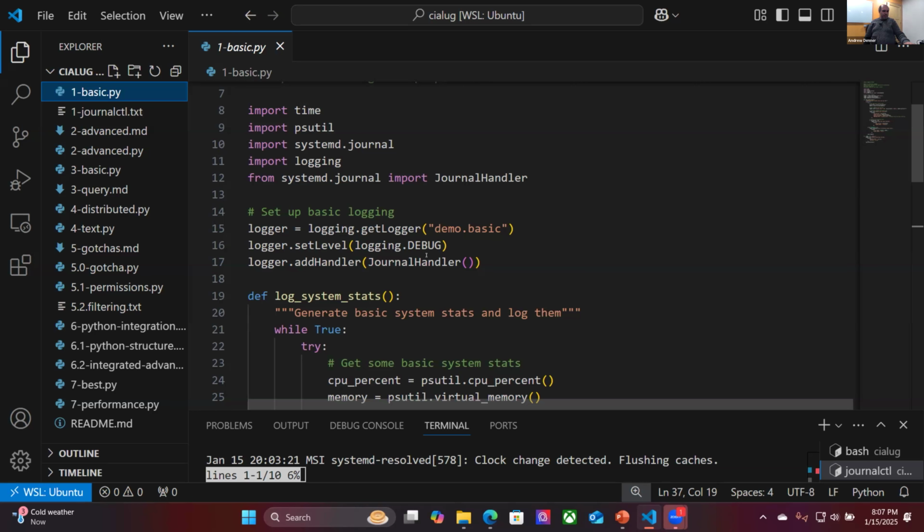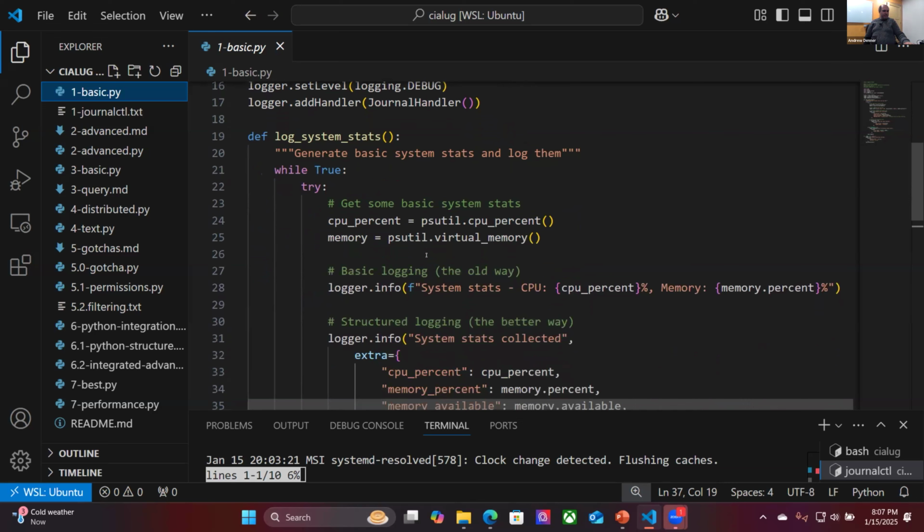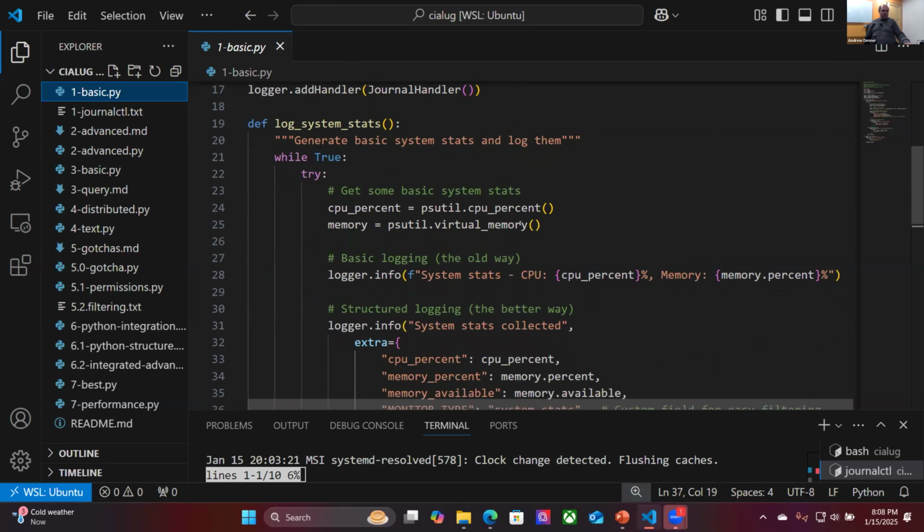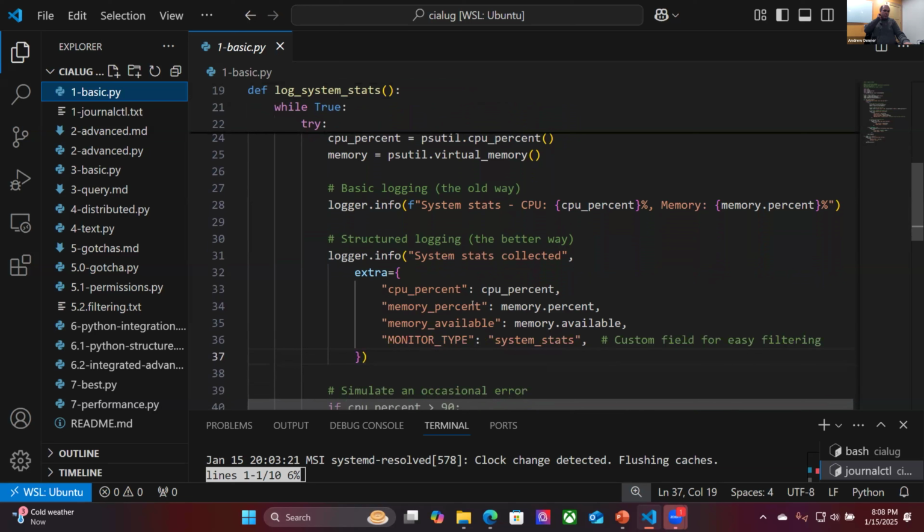But the big thing here is we've got this log system stats, and it will be looking at how much CPU and memory we're using, and it will just basically dump it into the log. And then there's the old way of doing it, where you just have a text and you're dumping it out. Honestly, that is the way that I've always done it, just because I'm old. But with this logger, you can throw extra information in here to have custom fields